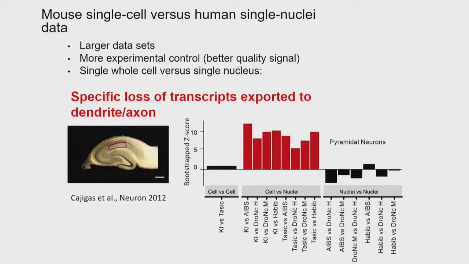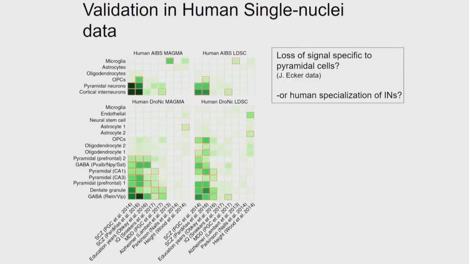So I'm going to show you the human data now. This is published, but with caveats. We have to be a bit careful, because we suspect that we get much lower signal when we look at human nuclear data. Even so, we see an enrichment in the same cells, the pyramidal neurons and cortical interneurons. These are two different data sets, one from the Allen Institute and one from the Broad Institute. We see the same kind of enrichment there, and very little in other cell types. And the same thing in the second data set.